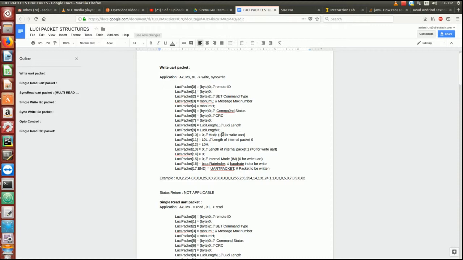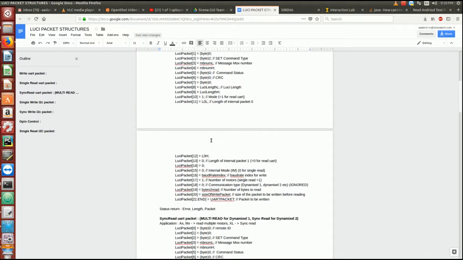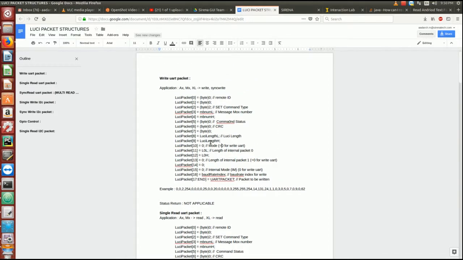And then there could be the length of internal packets. There could be multiple packets that could be sent through this. Maybe we want to do write UART and write I2C together. In that case, maybe there's a separate mode. So this document basically shows all of this, and this will be uploaded along with this tutorial. So you have to mention the lengths of your internal packets. In this write UART case, there is just one internal packet, and so packet 0 has a length, but packet 1 has no length. And then there are some internal modes which again can be understood in terms of